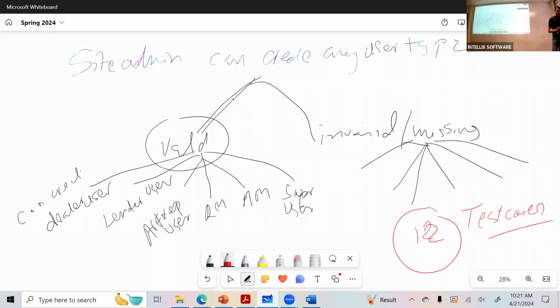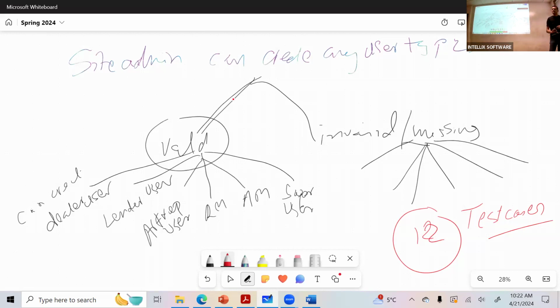Okay. Any question, anyone? Make sure you understand the requirement, okay? Because the requirement is your Bible or whatever you call it. That's what you go by. If you don't understand the requirement, that means you're going to struggle creating the test cases. And this is the process. We are emphasizing this because this is an important process. This is how you can go about coming up with the testing side of things.